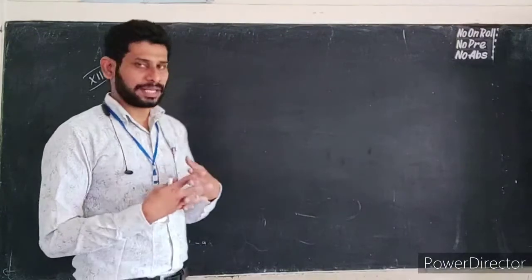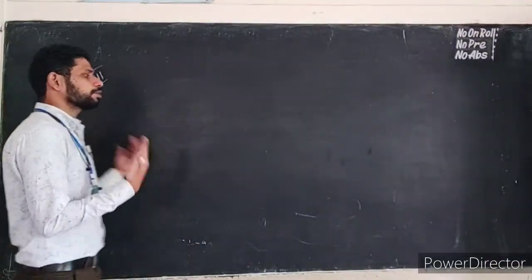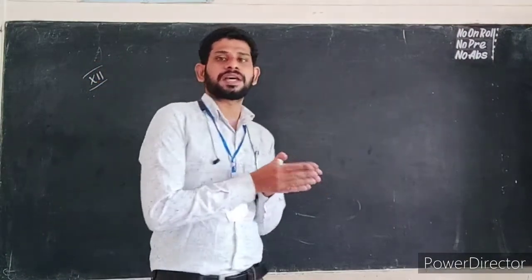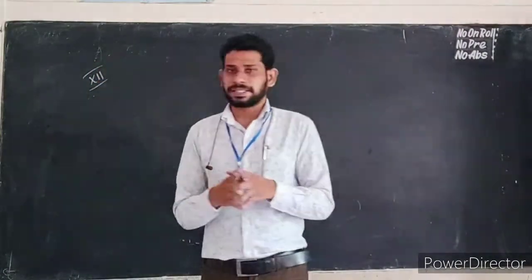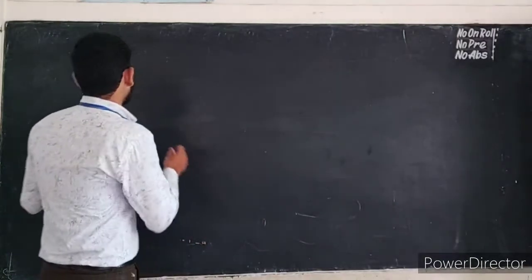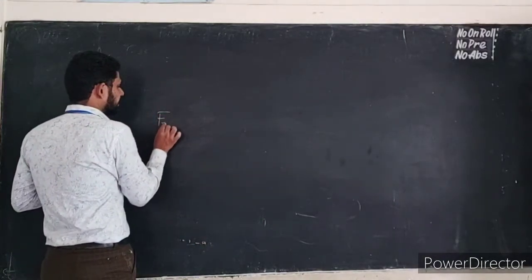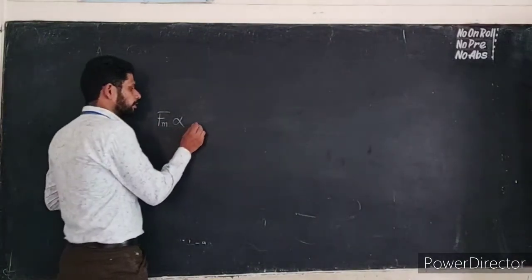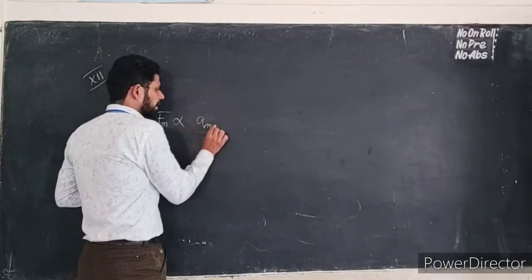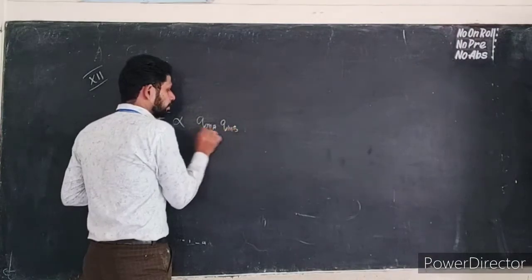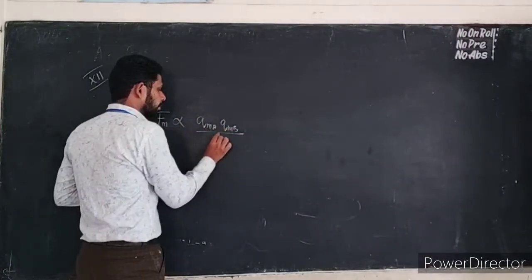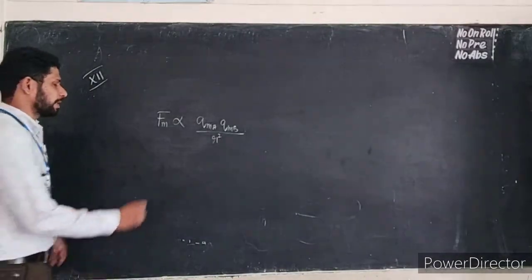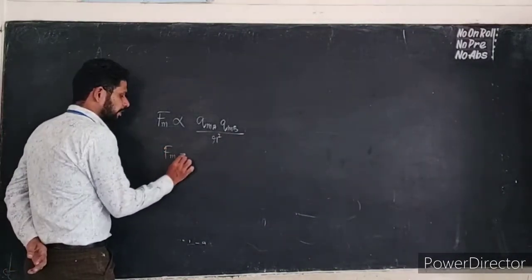Whenever there are two magnets, whether they attract or repel, like poles repel and unlike poles attract. The force of attraction or repulsion between any two poles is directly proportional to the product of the pole strengths and inversely proportional to the square of the distance between them. So the magnetic force is equal to